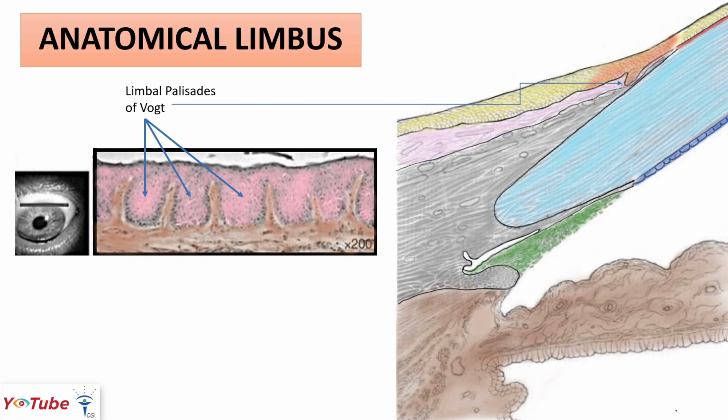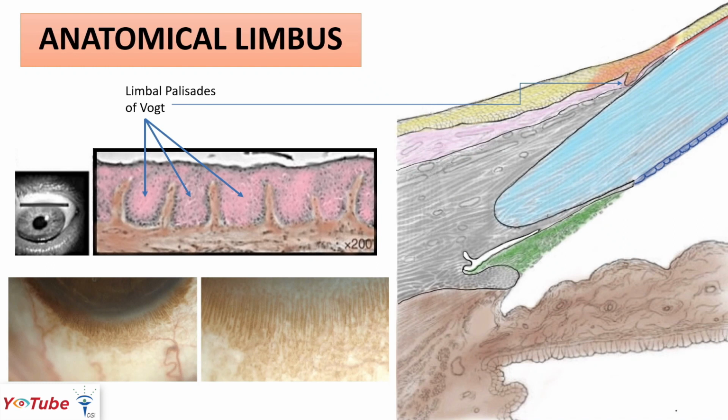So if we take a tangential section of the limbus, we will see these palisades at regular intervals with intervening subconjunctival tissue, which can be seen here in brown color, protruding between the palisades. So when you look at this from outside, it gives a serrated margin-like appearance to the limbus. So you can see that in this photo, how the palisades are prominently seen as serrated margins. Now the presence of palisades is very inconsistent and they are not always present in all individuals and equally distributed all throughout. So as in this photo you can see they are more prominent superiorly and inferiorly as compared to the nasal and temporal parts.